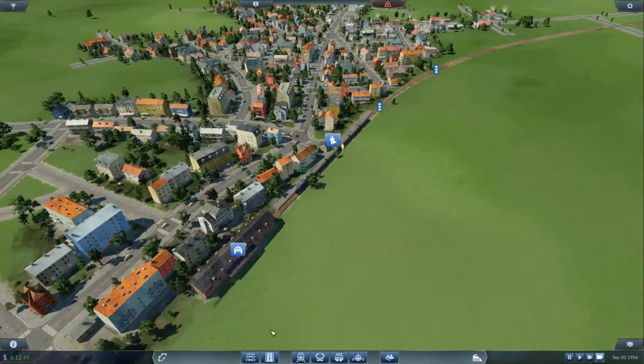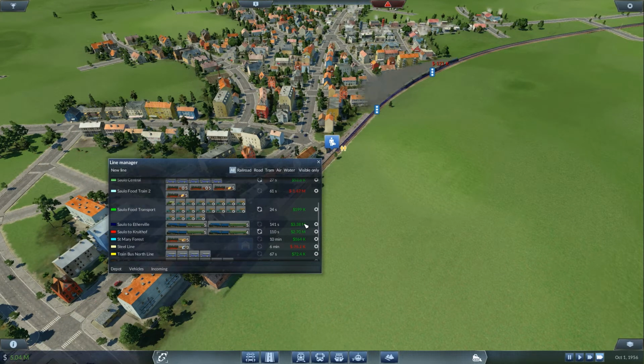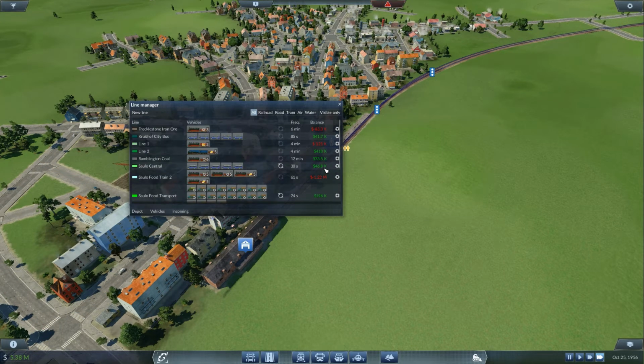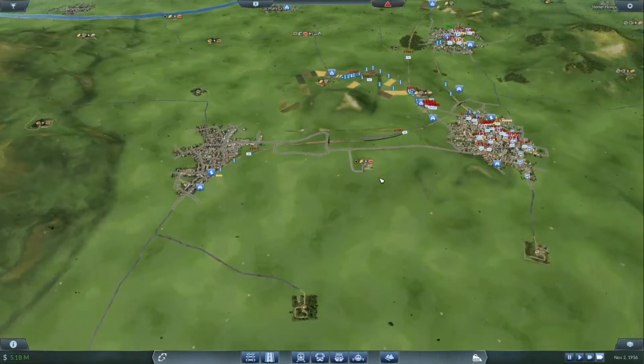Right, 370,000. So it's making a little bit less per trip. But what was it making? About 2 million? Interesting to see what it's doing now. How's everything else getting on? Some of these bus routes are probably just not fit for purpose. Steel line. Yeah, a bit hit and miss. Okay. I think I'm going to focus on the...